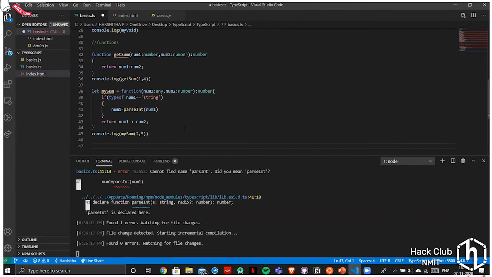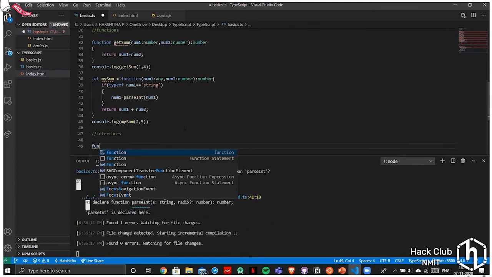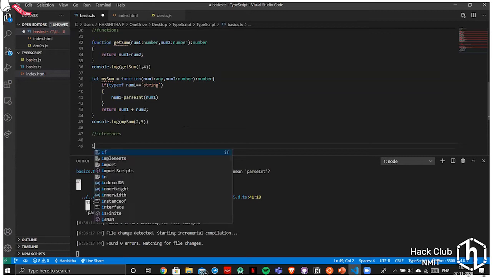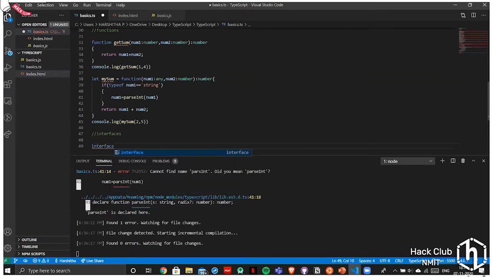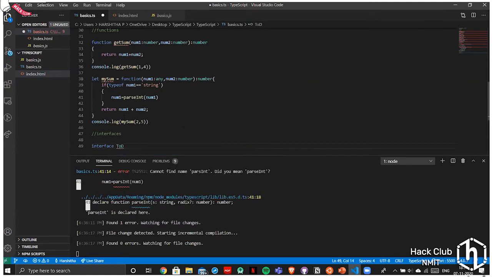Interfaces also reduce the complexity in a function. It's very simple, you can just use interface, and let me do a to-do list. ToDo.